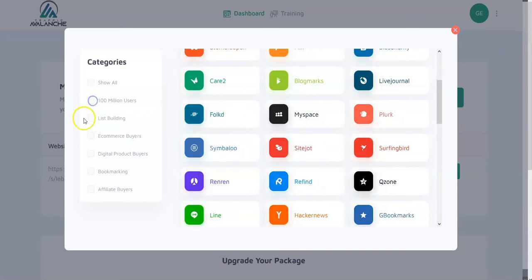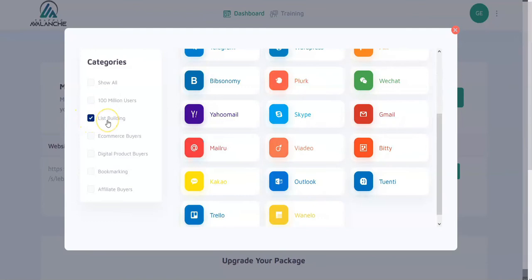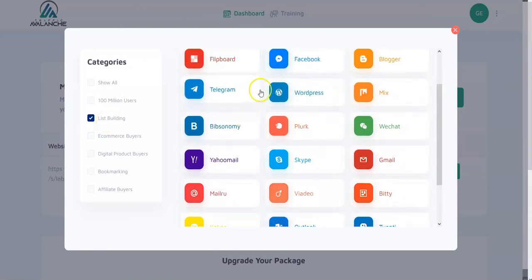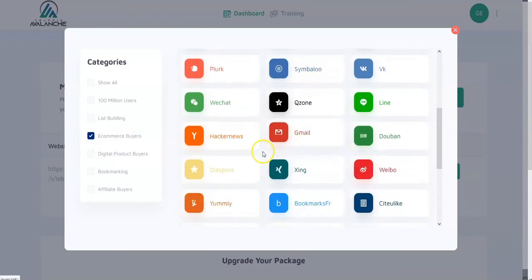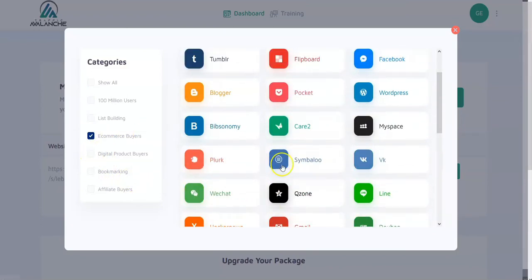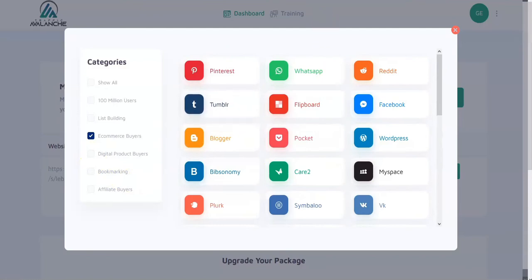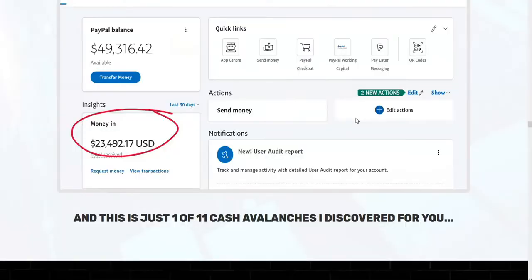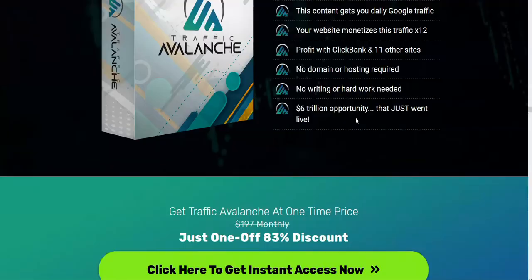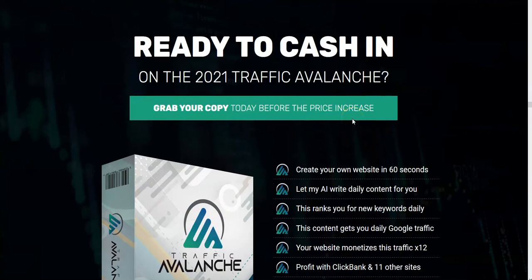And from your list building, you can go to that. These are like email sites, that kind of sites. They basically set these down, e-commerce buyers, and sites like that to promote to. And again, the ultimate question with these products is the traffic, and they call this Traffic Avalanche. Now, avalanche to me is a whole overwhelming event, where you're going to have this overwhelming event in 2021 of